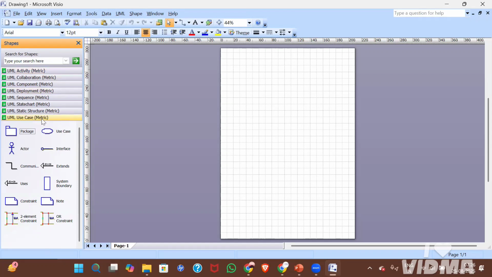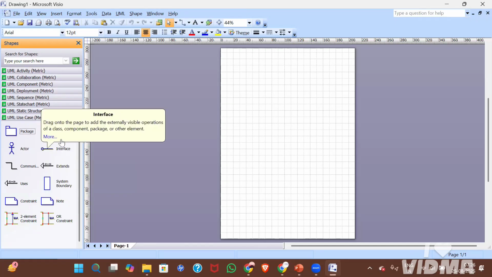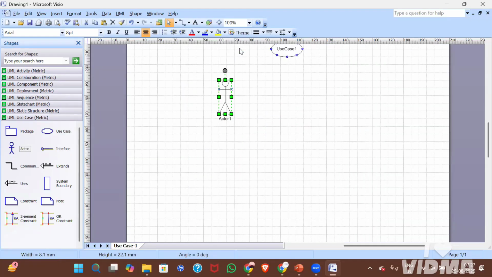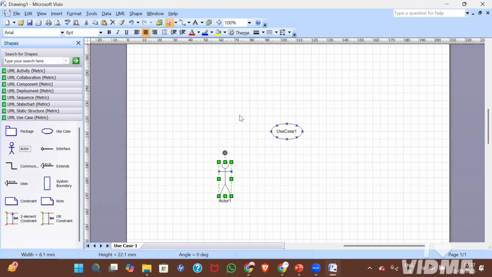So in this use case diagram, you can see the components we will be using. So guys, listen carefully, we will be using only a few things in these components. Like for example, use case and the actor. Here you can see the communication line. This communication line will be giving the relation between the actor and the use case, and the